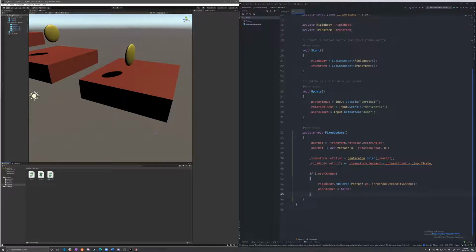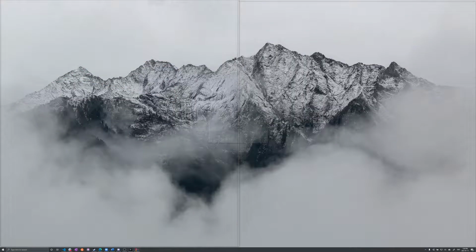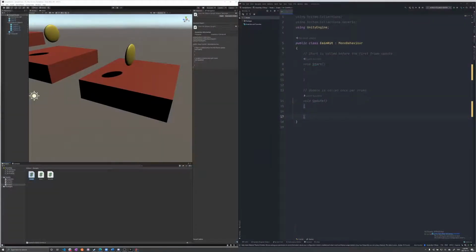So let's call it coin hit, for instance. And right now it's going to be a very simple script. All we're really doing here is we want to detect the collision between the player and the coin. So I'm just going to pull up the onCollision